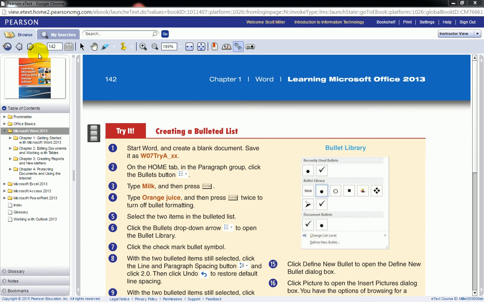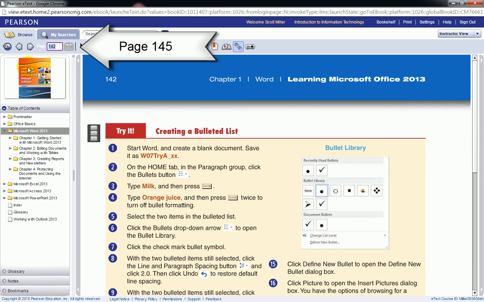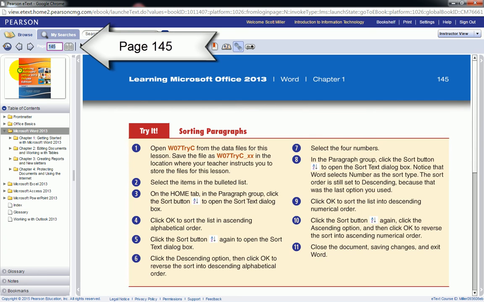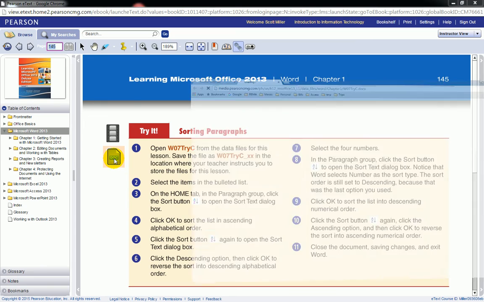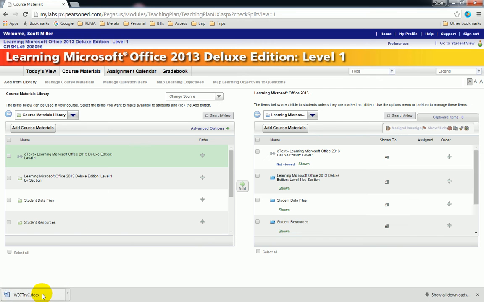Back in our book, we're going to go ahead and turn to page 145. Page 145. And here we're going to talk about sorting paragraphs. When you sort a paragraph, you are in essence sorting what could be a bulleted list. Let's open this file and I'll explain that more. Clicking on this doc file, we're going to open this file up,